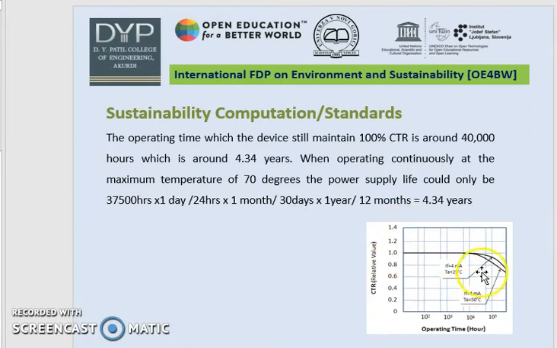Now this is the graphical structure showing how it goes to approximately 4.34. The operating time of the device at 100% CTR is around 40,000 hours, which is around 4.354 years. When operating continuously at the maximum temperature of 70 degrees, the power supply life could only be 37,500 hours. One day is 24 hours, 1 month is 30 days and 1 year is 12 months. So finally you get 4.34 years. This is the calculation of how this power supply will be sustainable for 5 years if it is used